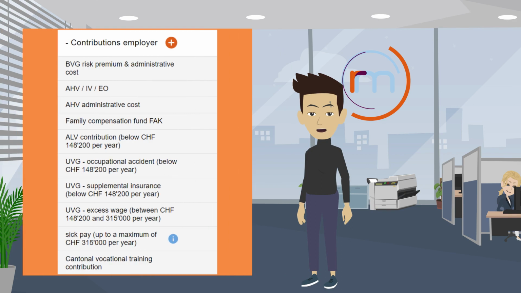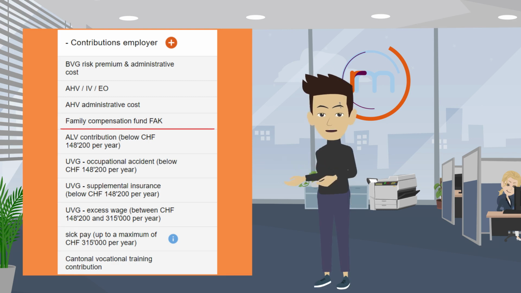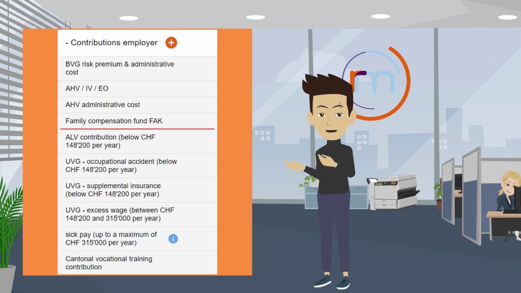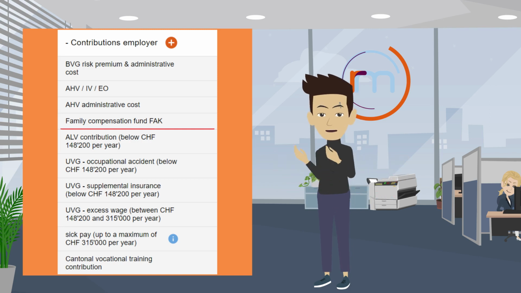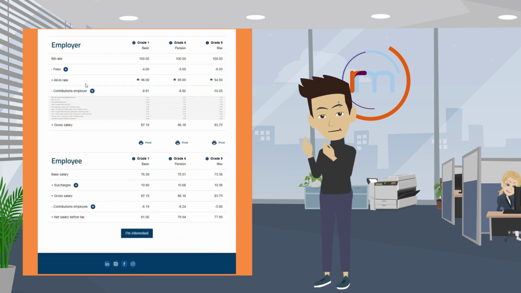So, if you're asking yourself, why is there family benefit listed on my calculation, even though I have no children? Don't be alarmed. This is not a mistake on your calculation. In Switzerland, the employer contributions are standardized. For this reason, we must pay these contributions for all our employees, independent of the personal situation of the individual employee. So, minus all deductions, all the social insurances in this section from the all-in rate, you get your gross